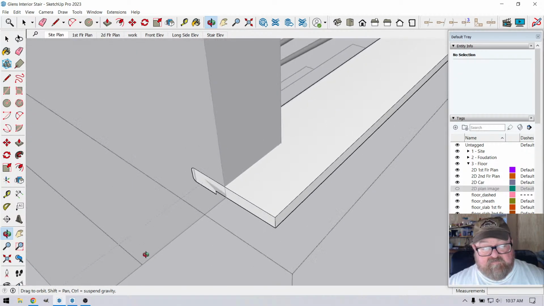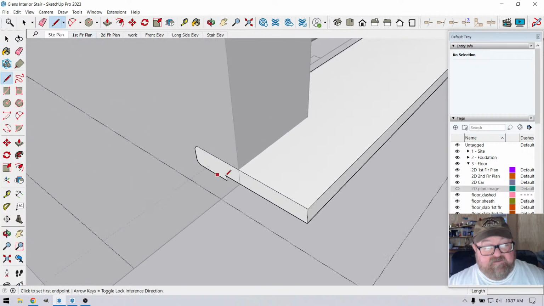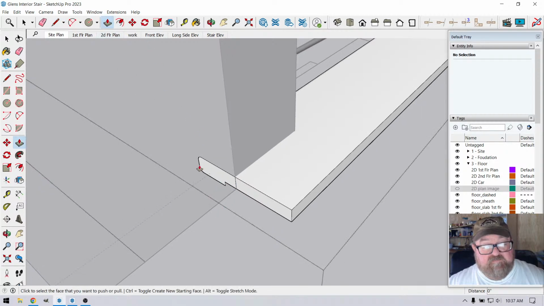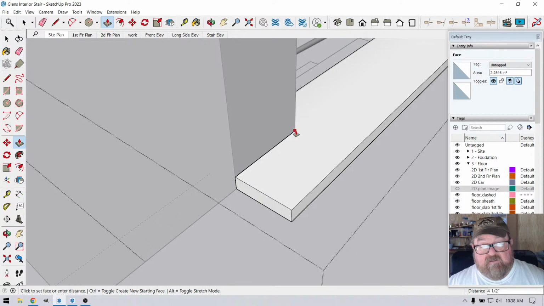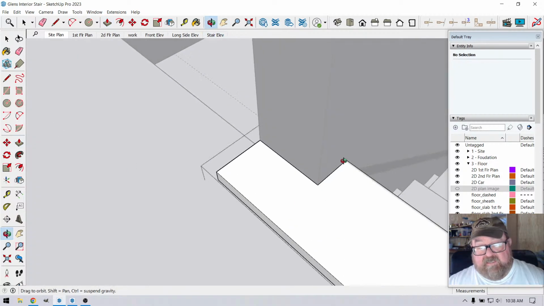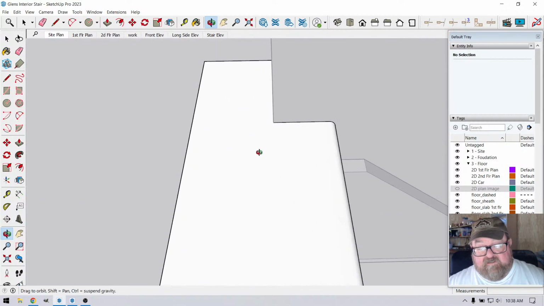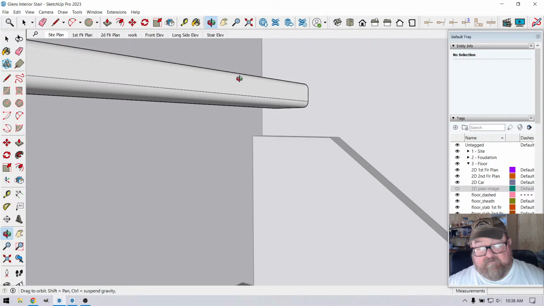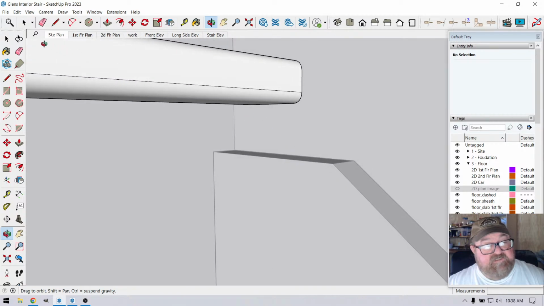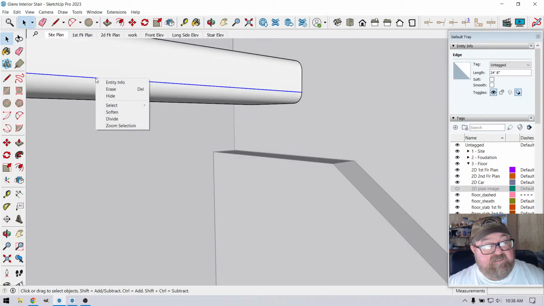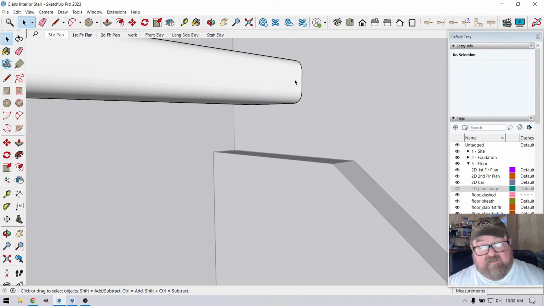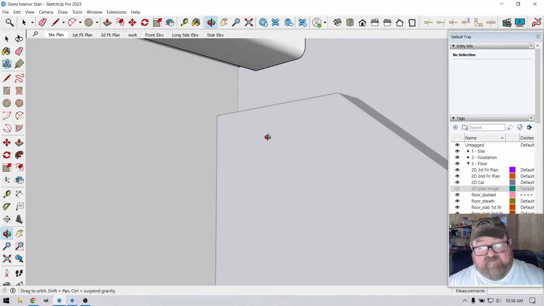And what we'll do is we'll pull us a little line right here and show that it's notched. Push pull this back to there. Then we'll get our little line there that shows it's notched out. Now if this had been, and then we'll hide that line. If this had been,